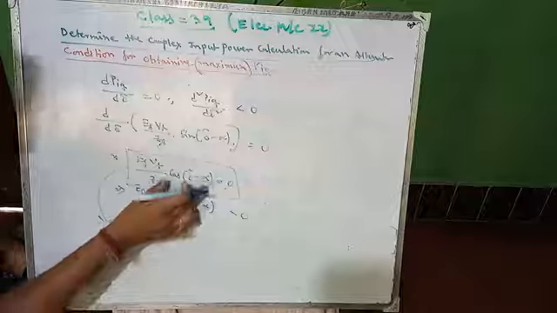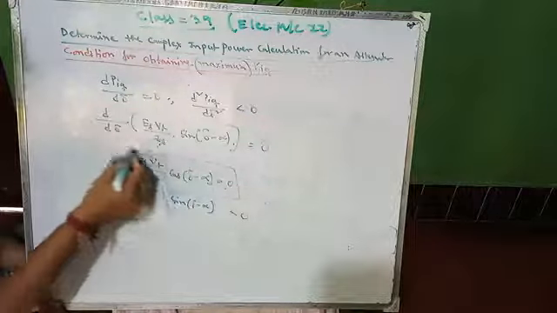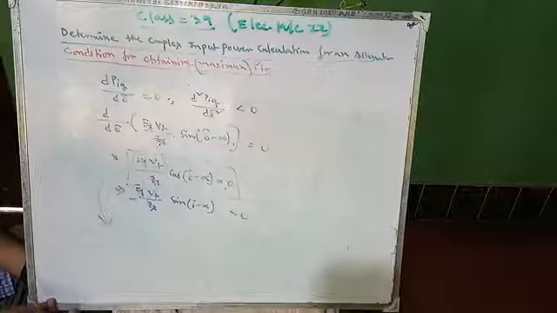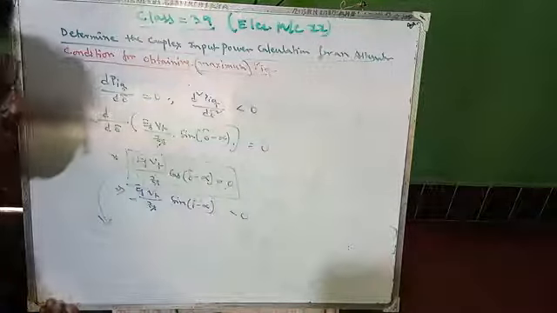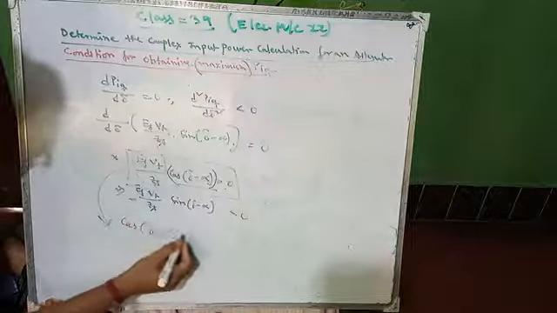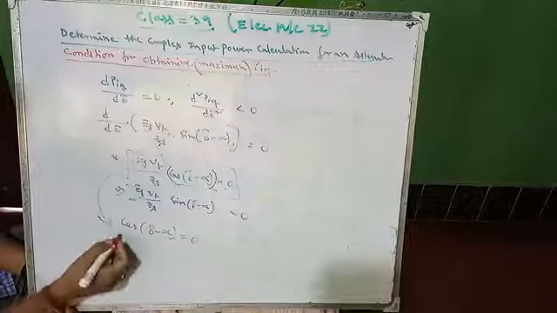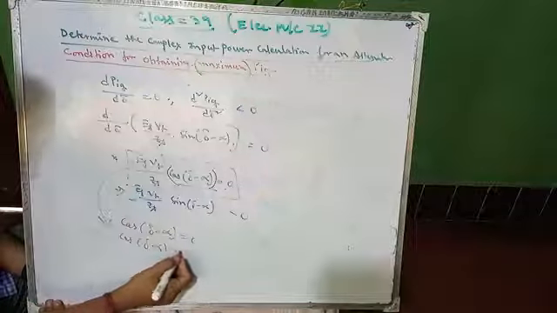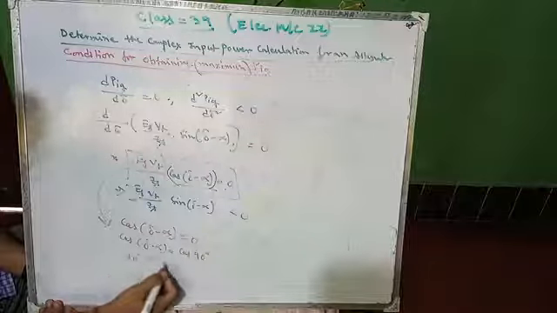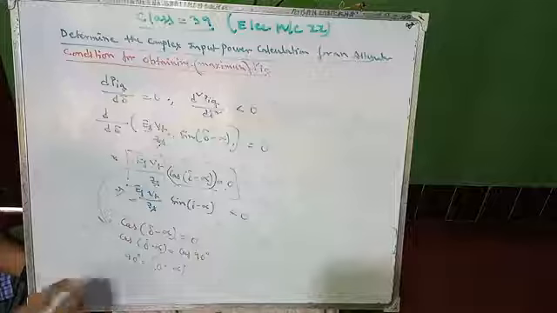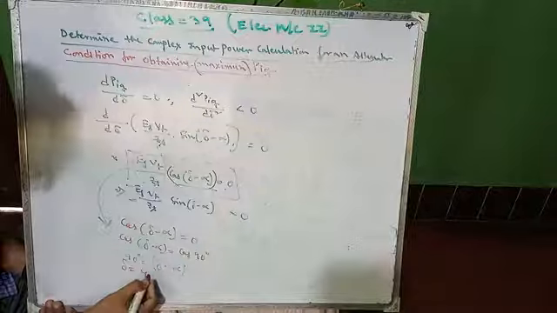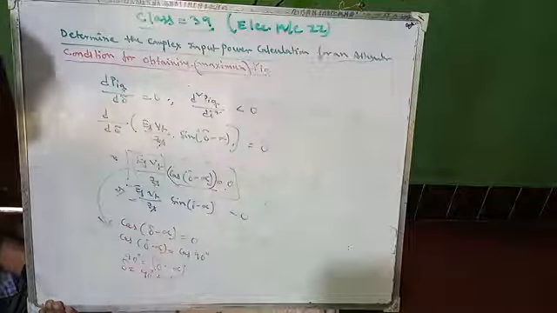So to calculate it, this coefficient part can never be 0, because EF, VT, ZS all have certain values, right? So the only chance it will be 0 is by equating this part to 0, that is, cos of del minus alpha should be equal to 0, right? So that means cos of del minus alpha equals cos of 90 degrees, because we know cos 90 equals 0. So 90 degrees equals del minus alpha, right? So del equals how much? Del equals 90 degrees plus alpha.